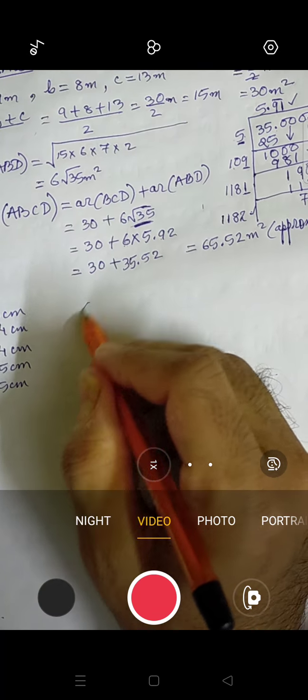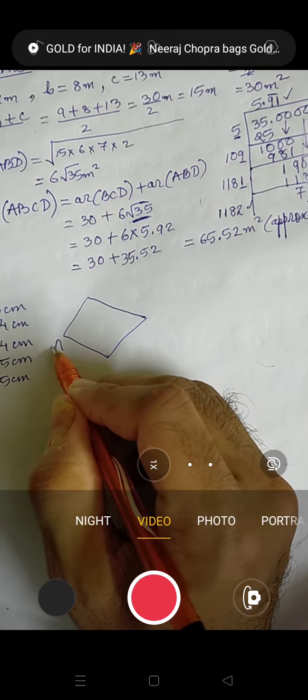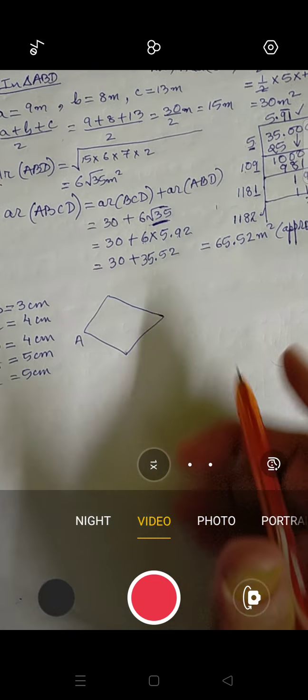Now in this question, it is not mentioned that it is a right angle triangle, right? In the previous case, it was said that angle C is 90 degree. But in this case, nothing has been mentioned about 90 degree. So what we will do, we will draw one simple quadrilateral. Any quadrilateral, like this. I will be taking this as A. You can take your own quadrilateral, no problem. I am taking this as B, C, D.